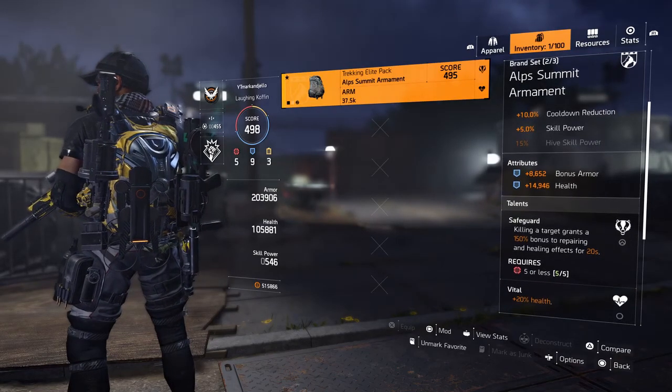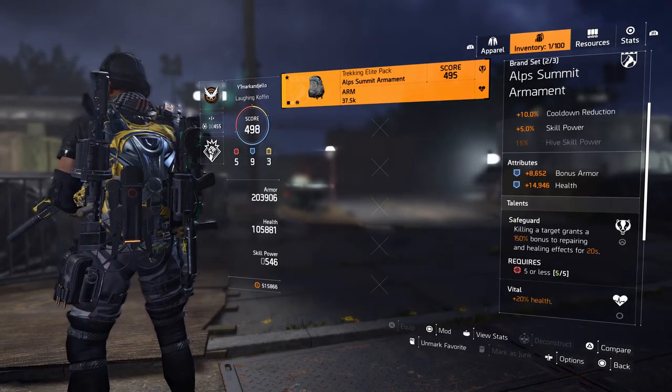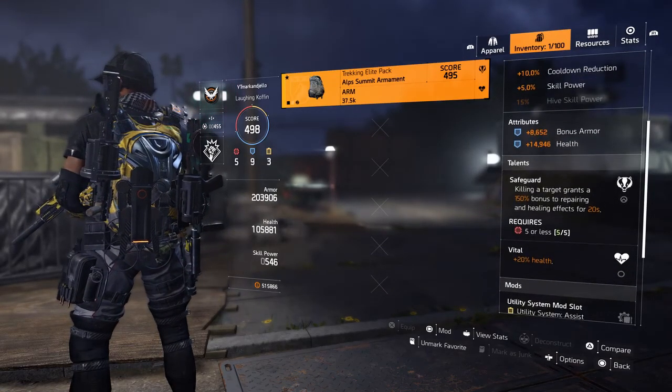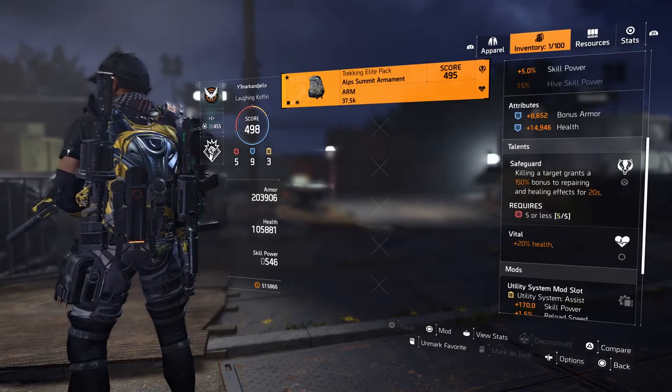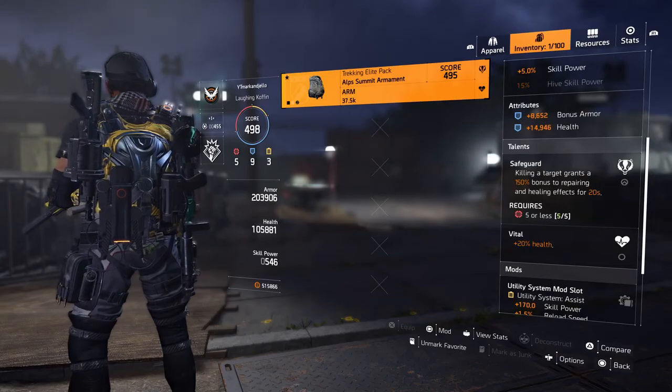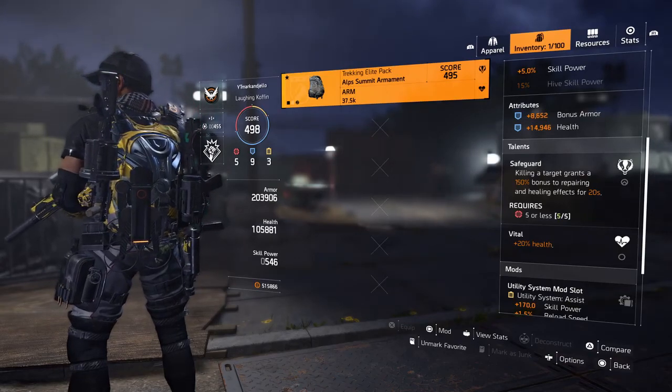For the backpack, I have the attributes of bonus armor and health. These two are amazing. Perfect. All I need. Safeguard for the talents: killing a target grants a 150% bonus to repairing and healing effects for 20 seconds. Now this, after a kill,